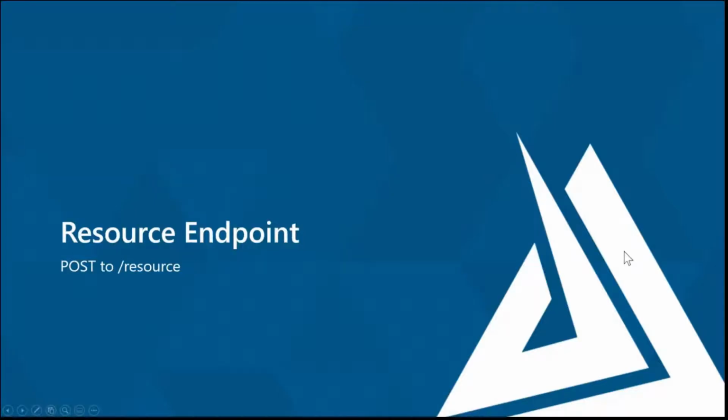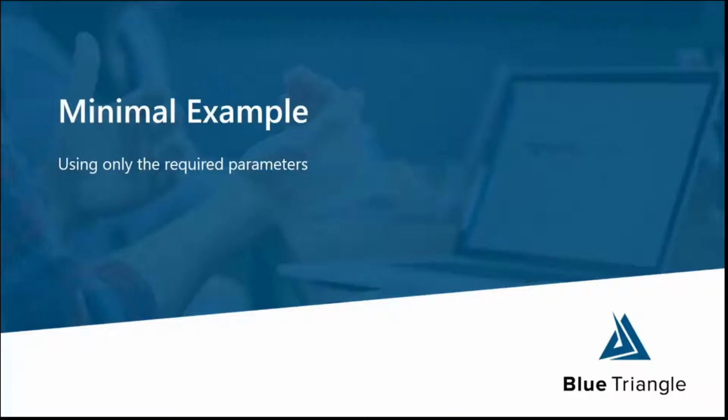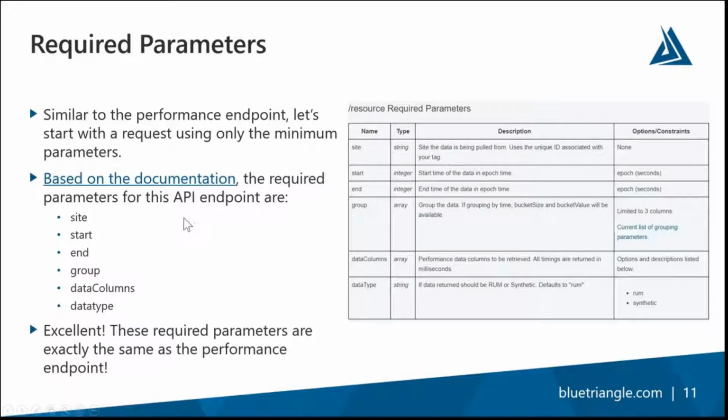So the resource endpoint. When you hit the resource endpoint, you're going to be doing a POST to api.bluetriangletech.com/resource, and that's what we mean by endpoint there. All right, so first we're going to start with a minimal example, and we're going to talk about the required